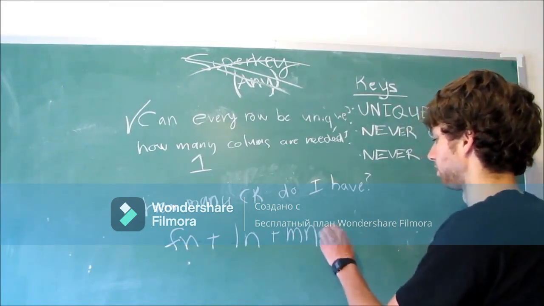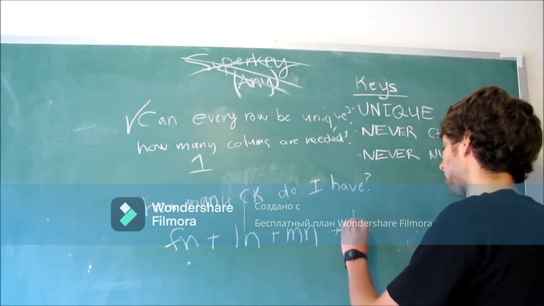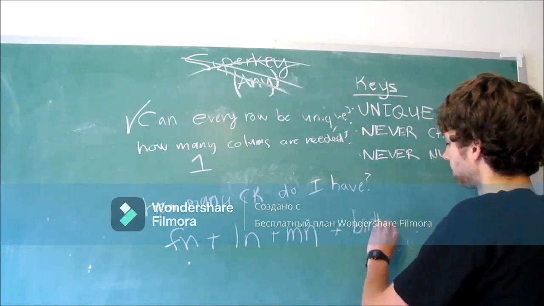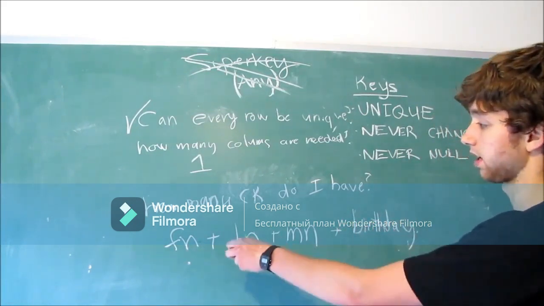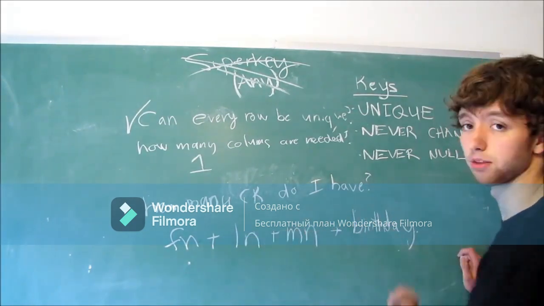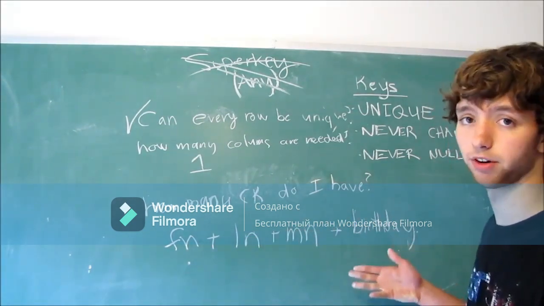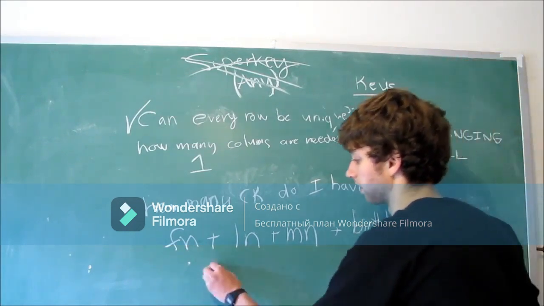But there's still a possibility that people have the same name. So then you add birthday. So now you have to find someone with the same first name, last name, middle name, and the birthday. Very rare, still possible. So then we could add a third,